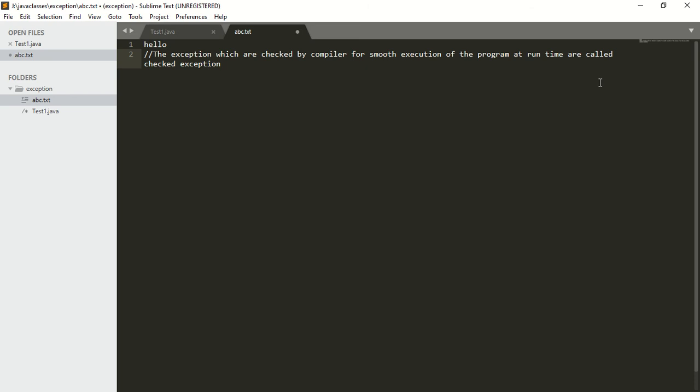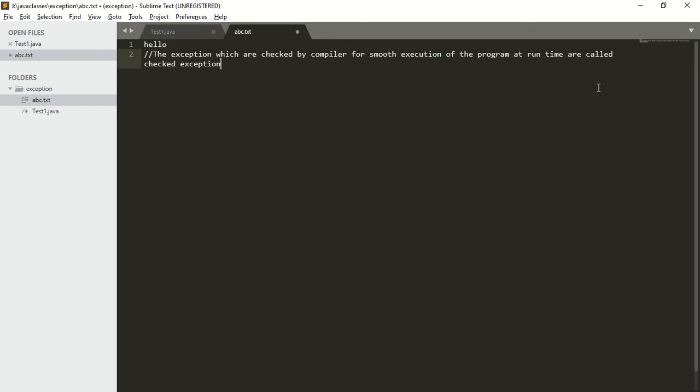Next, what happens if there is a chance of raising a checked exception? If we are not handling that exception, then the compiler is going to give a compile time error saying unreported exception followed by the name of the exception must be caught or declared to be thrown. That is, compulsorily we should handle that checked exception, otherwise we are going to get a compile time error.